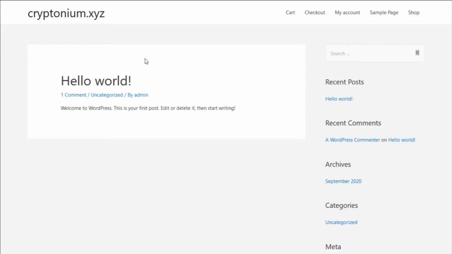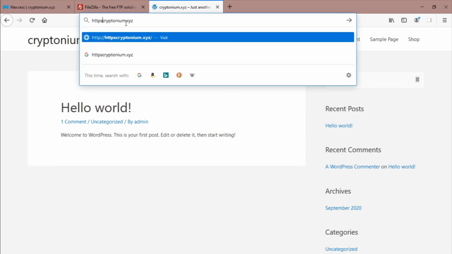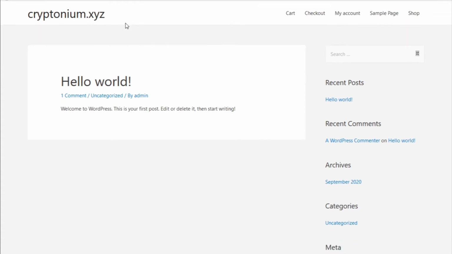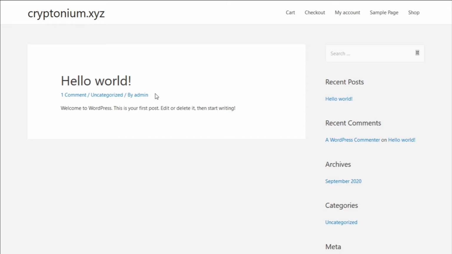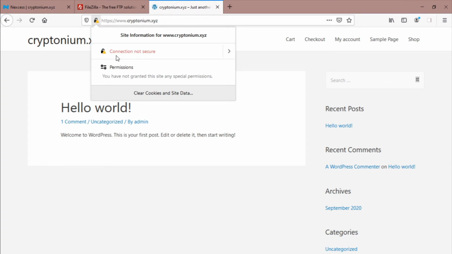version of the website. So are we done now? Not yet. Why? Let's say that someone types in www before kryptonium.xyz. What would happen then? As you can see, typing in www.kryptonium.xyz will lead to an unsecure page. Why is that so? This is because we haven't enabled SSL for